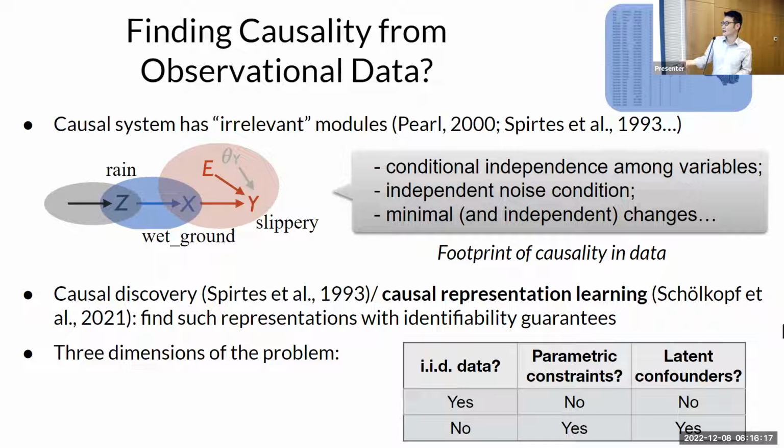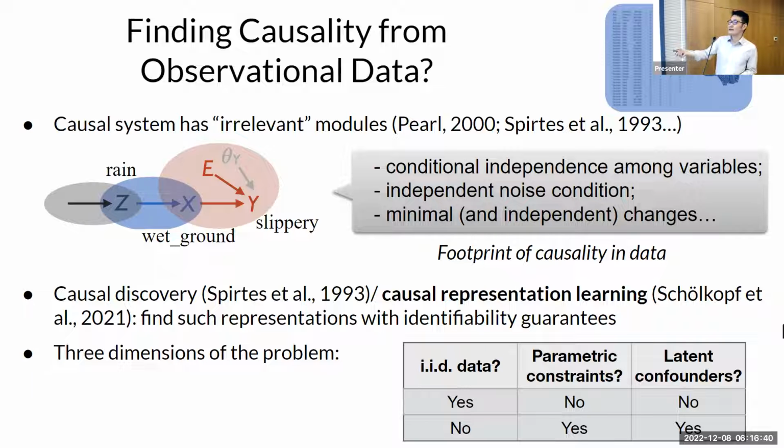Before answering that question, let's see the setting of the problem. We can consider three axes of the problem. First, what kind of data do you have? In some situations, we have IID data: a single distribution, with data points generated from it. In some cases, we have multiple distributions. And in some cases, we may have temporal information, so you can have a violation of the IID data assumption.